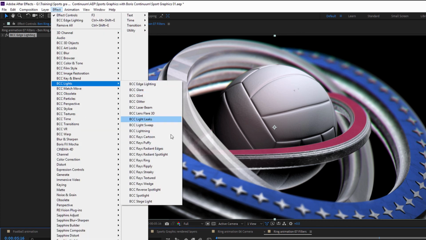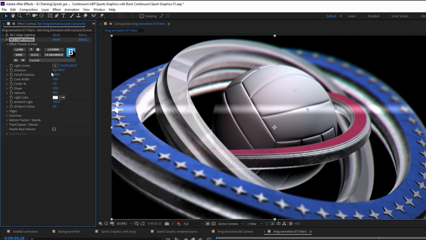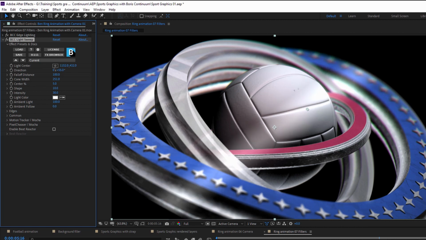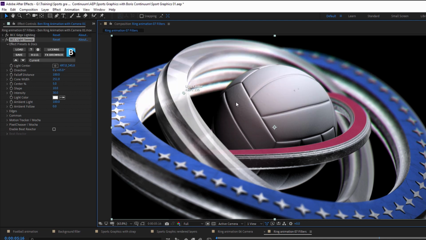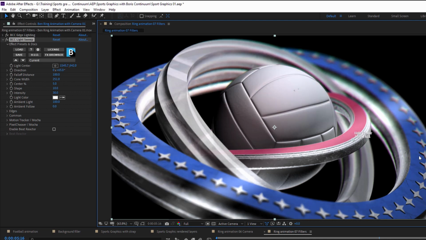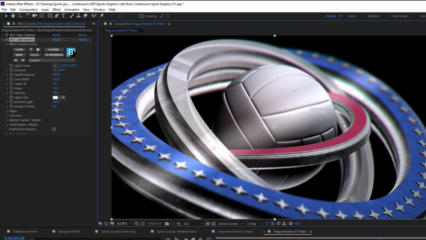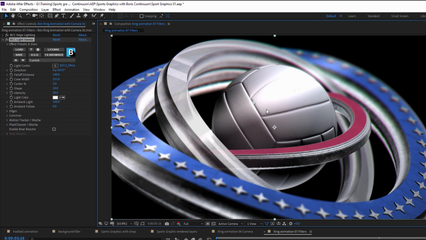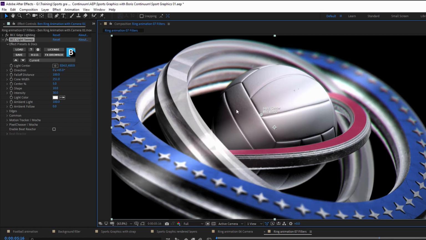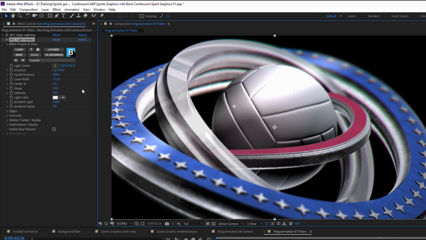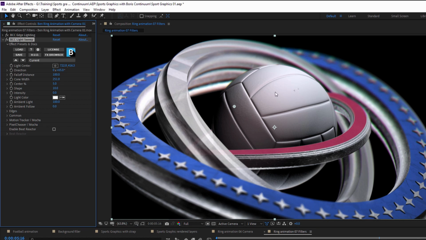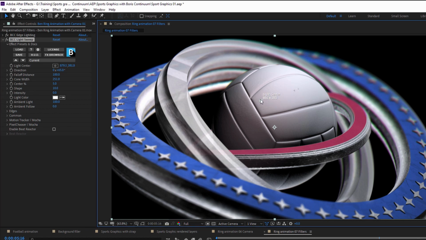Come back into my lights again. We can do a similar trick with a light sweep. And everyone's seen a light sweep. Let's bring this up here. We're coming in. Let's just grab that there. It sweeps the light across our image here. That looks all right. We've all seen it a million times. One of the things I like to do with this, though, is I'm going to take my intensity down to 0. And the light sweep just disappears, of course.